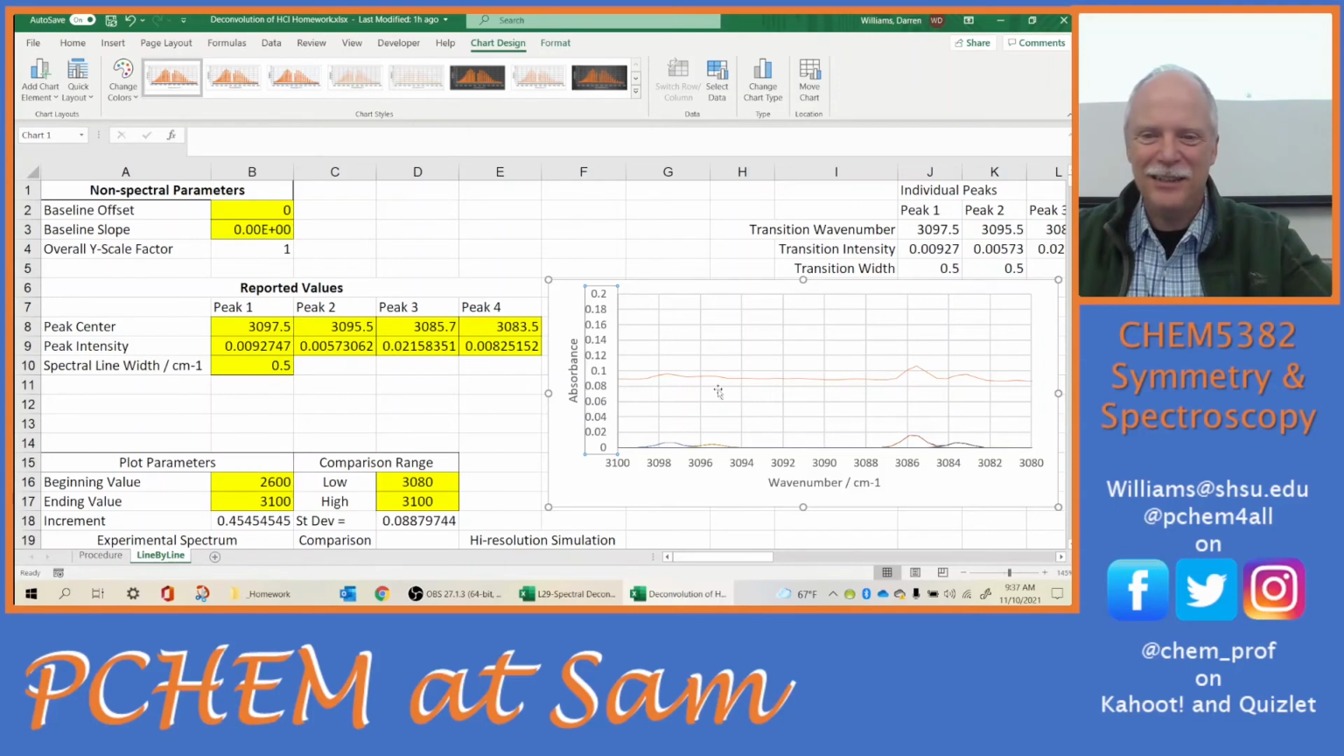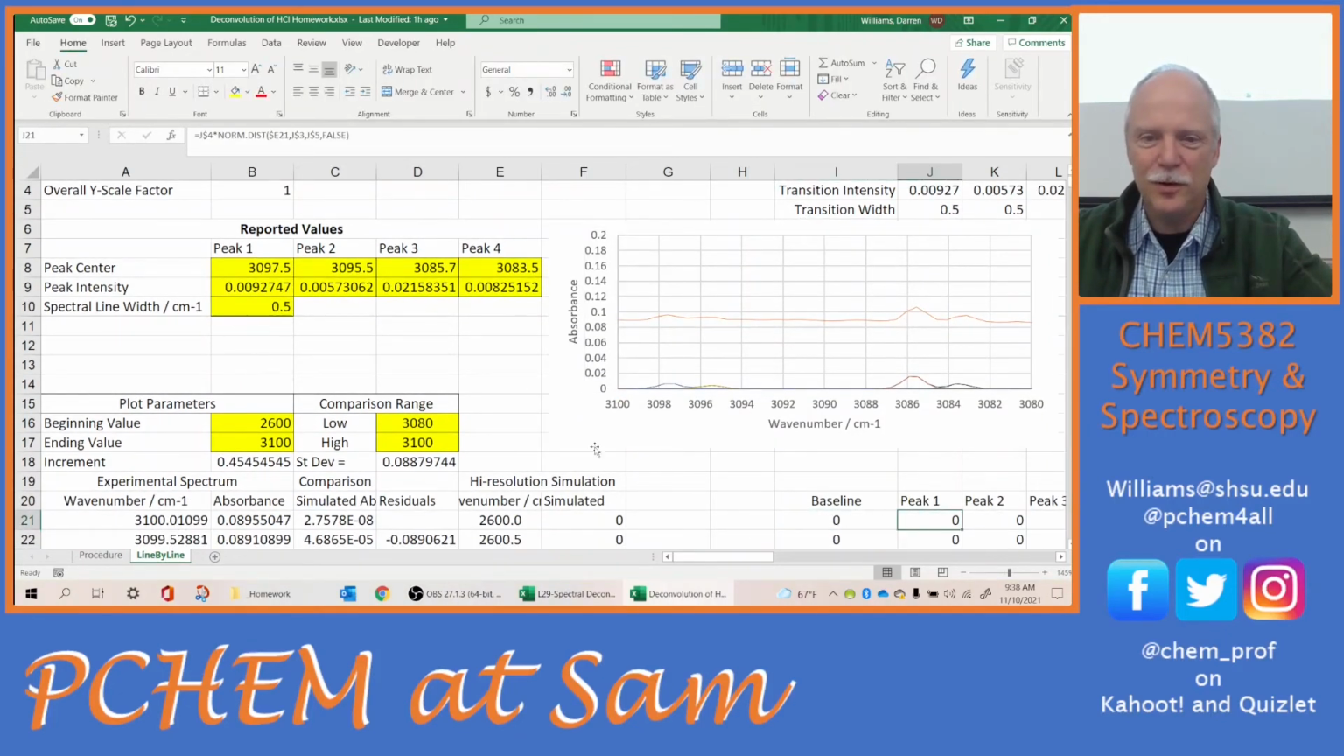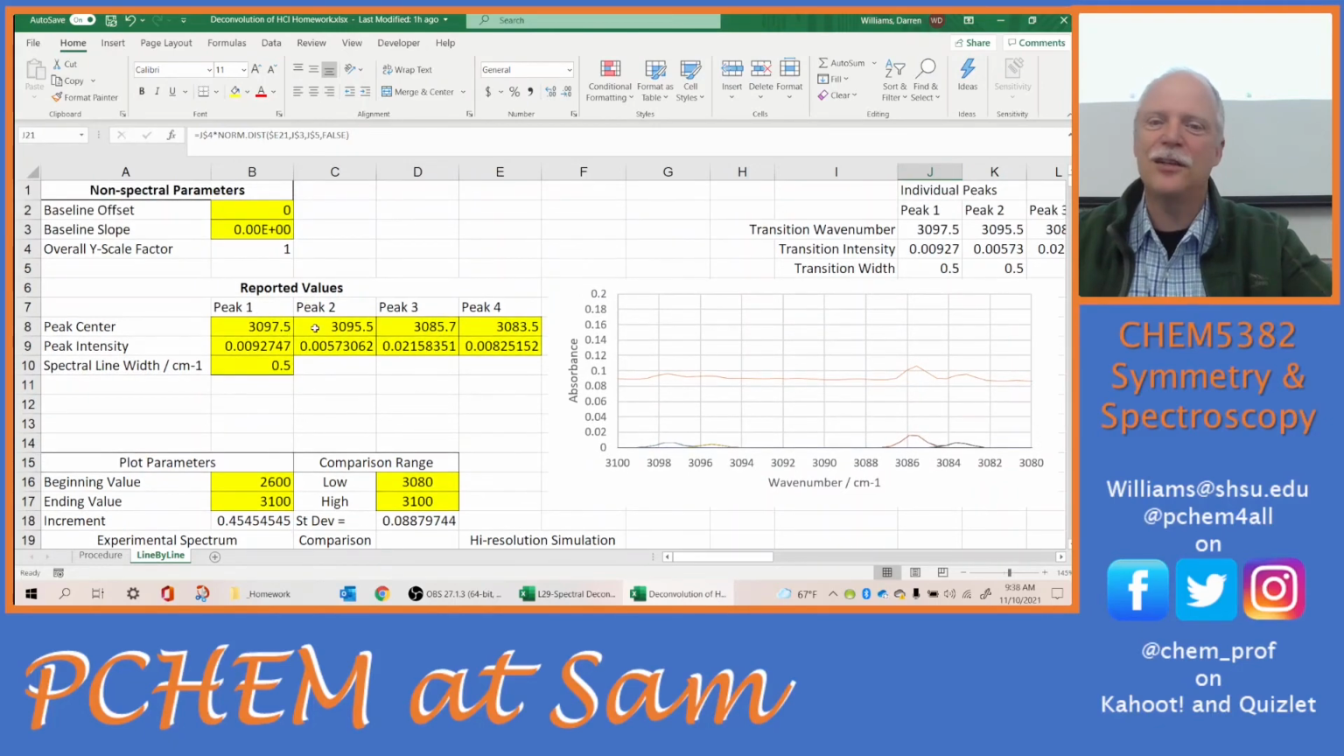So here's my experimental spectrum. Here's my simulation down here. Okay. I have my baseline. I have peak 1, 2, 3, and 4. But the yellow cells are the things that I change, right? And so for my baseline offset,